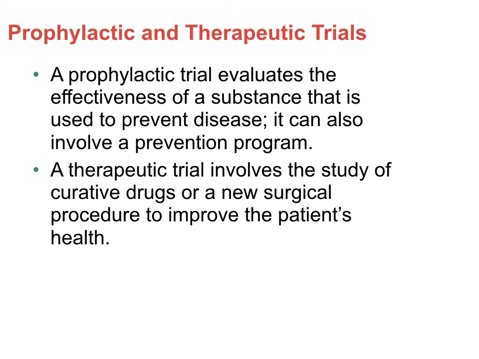There are prophylactic and therapeutic clinical trials. Prophylactic trials look to see if allocating some type of treatment or drug will prevent someone from getting a disease. Therapeutic trials you can think of as a treatment, such as some type of surgical procedure or drug. Think about if we developed a new medication, not a vaccine, that we want to test to see if it's more effective at treating a particular cancer, for example. That would be more of a therapeutic clinical trial.